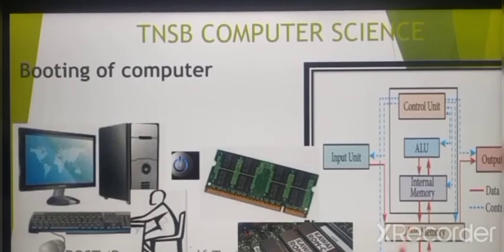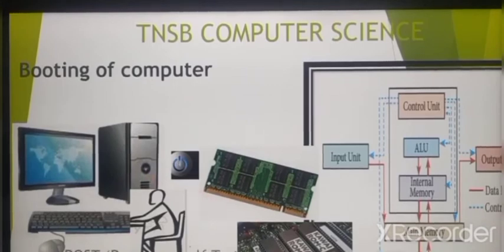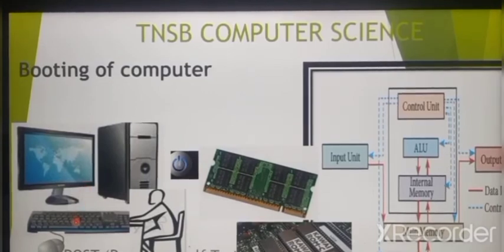Who will bring the operating system from secondary storage to main memory? First, when the user switches on the computer, the control goes to the motherboard. In the motherboard there is a ROM, which contains a pre-written program called the power on self-test program, POST program, which will be executed first. When the program executes, it checks whether all the computer input output devices are connected properly and ready to work or not. If all the devices are ready to operate, it will execute the BIOS program. BIOS means basic input output system program will be executed. This process is called booting process.